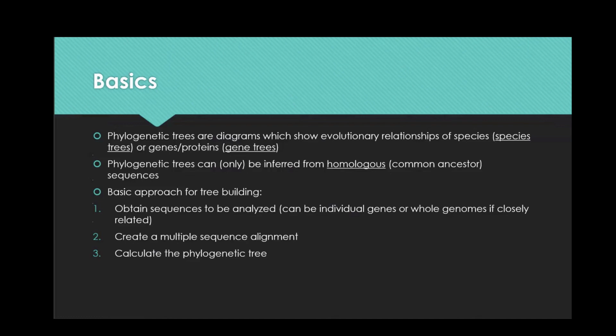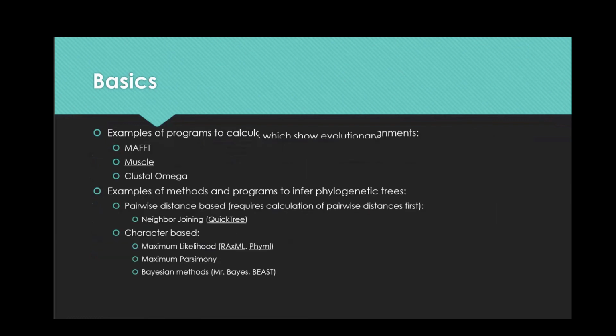So you have to select a representative subset. And then the second step, of course, is you have to create a multiple sequence alignment. And then as a final step, you have to calculate the actual tree. And just an example of some of the programs which you can use for